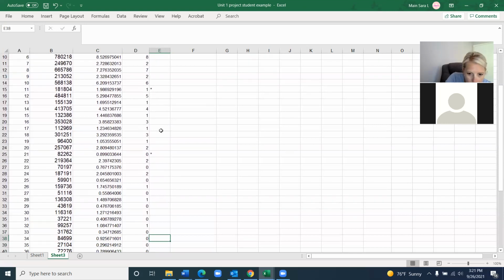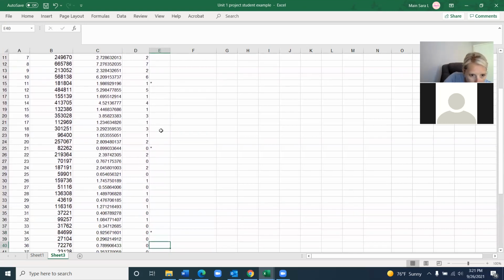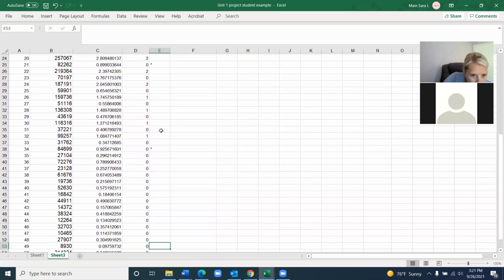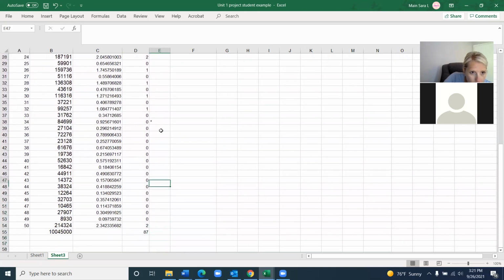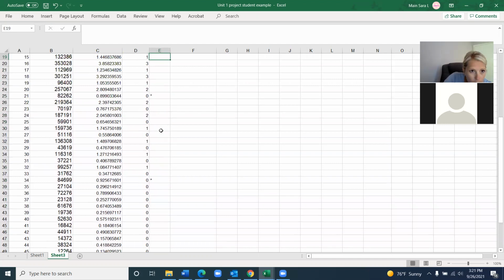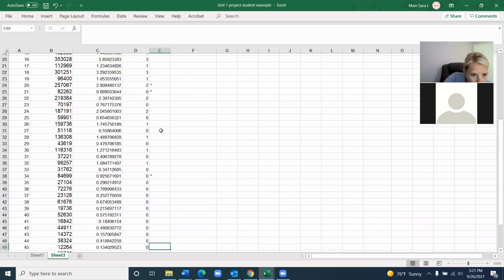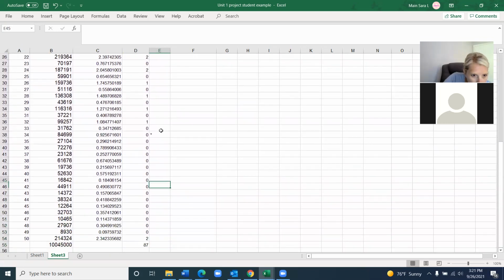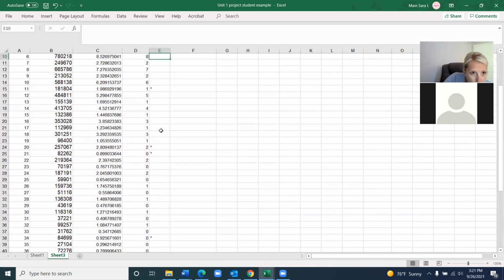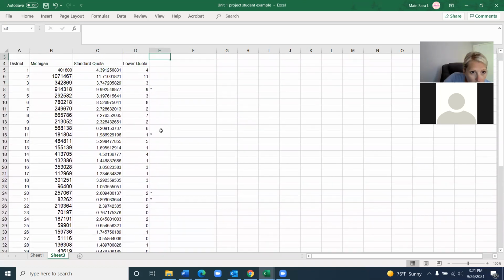Oh, 0.92. Okay, so there's very few there that have the 0.92. So now we've done all the 0.99s, I can go in and add all the 0.8s and see, because I have 23 to give out. So in all reality, you get to choose which one you're using. So if I use the Hamilton method, it's going to be